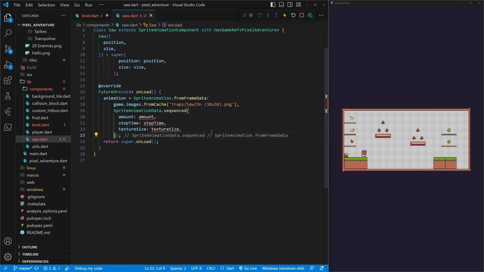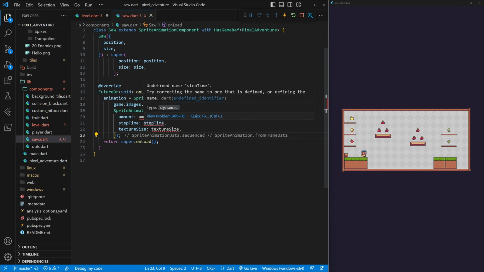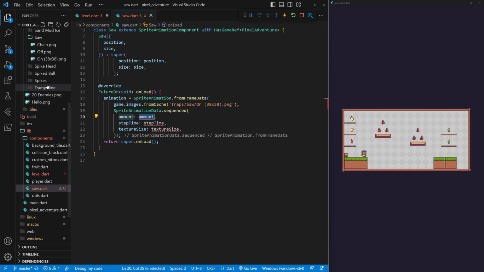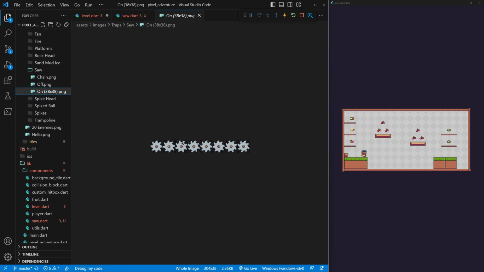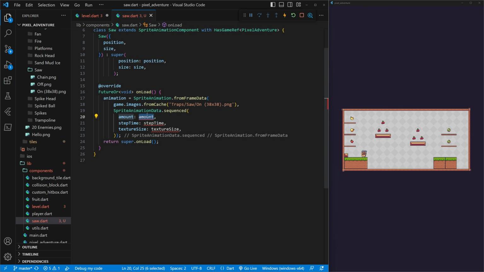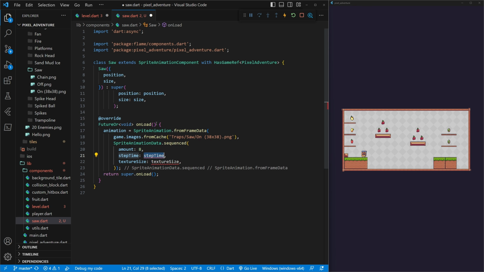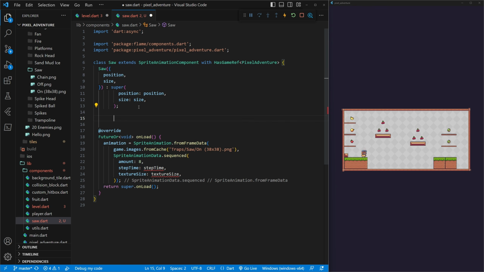So we do need to pass in the amount, the step time, and the texture size. Well, the amount, we can go and open up the image, and it's 368, so the amount is 8. The step time is how often we want it to animate. Now, on our other animations, it was 0.05, but what we can do here is this is going to make